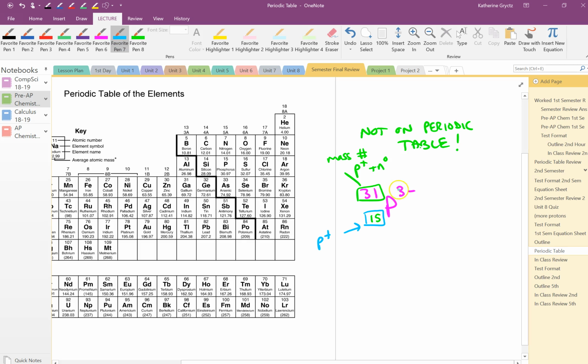And then this guy over here, we've done a lot with since we first learned it. That's the charge. How you get the charge is you take the protons and subtract the electrons, because electrons are negative and protons are positive, and that will give you the charge. So if I asked you, like I do on number 6, to give you the protons, electrons, and neutrons for each of these,